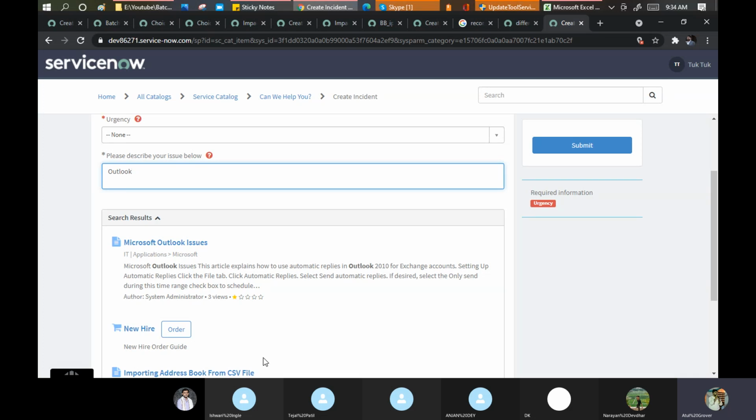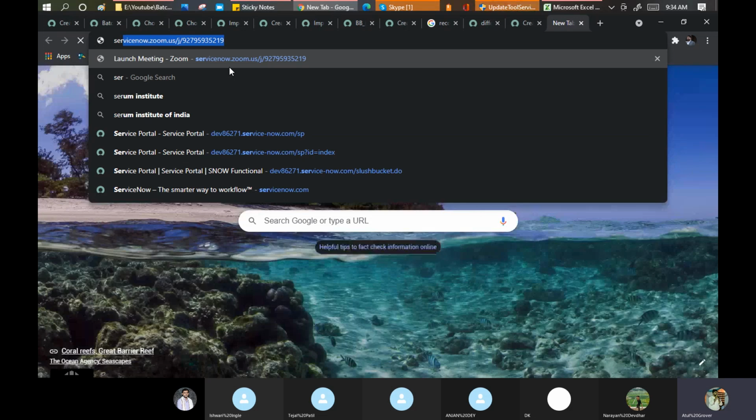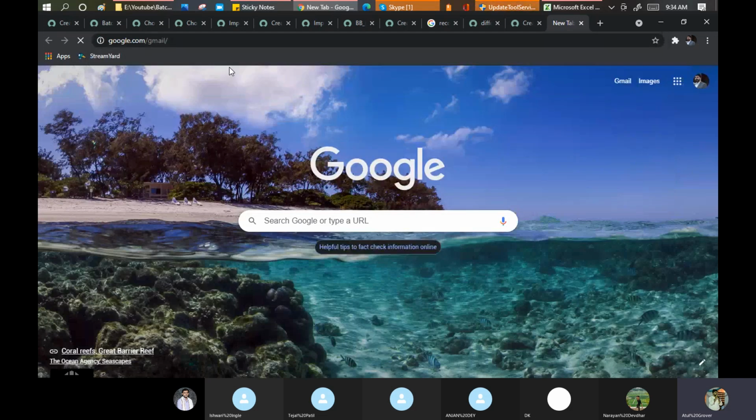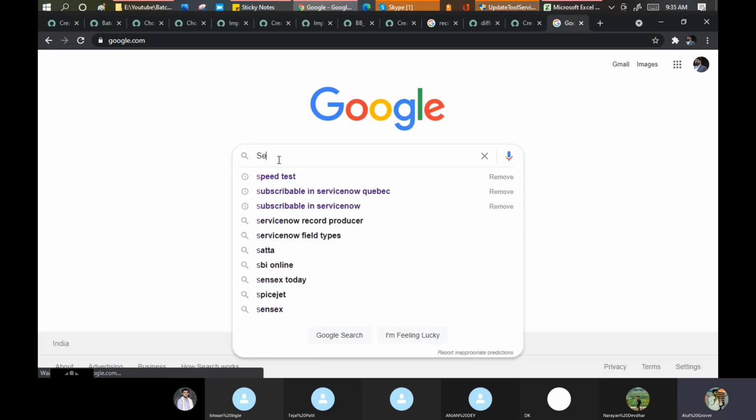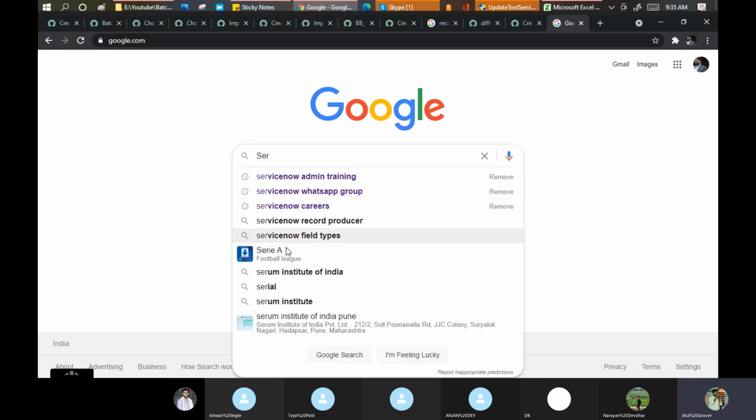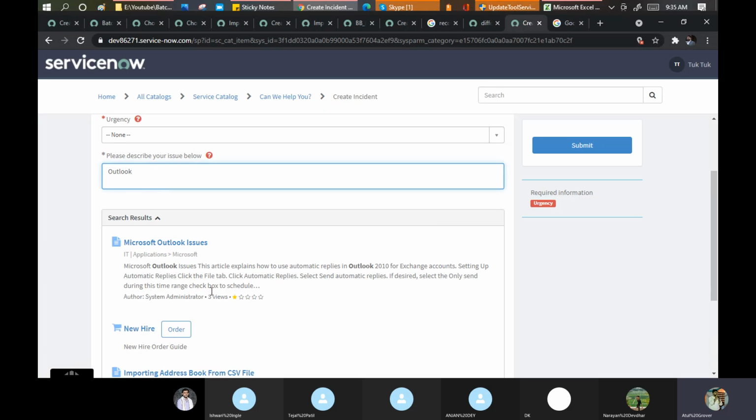You are searching in some context. Predictive is when you just start typing, and the drop-down values come up quickly. That is called the prediction. If I mention here, let me open Google here. Not Gmail, yaar. Now see here. This is called the predictive kind of stuff, that what you want to write. But when you write something and you're waiting for the result, this is called the contextual search.